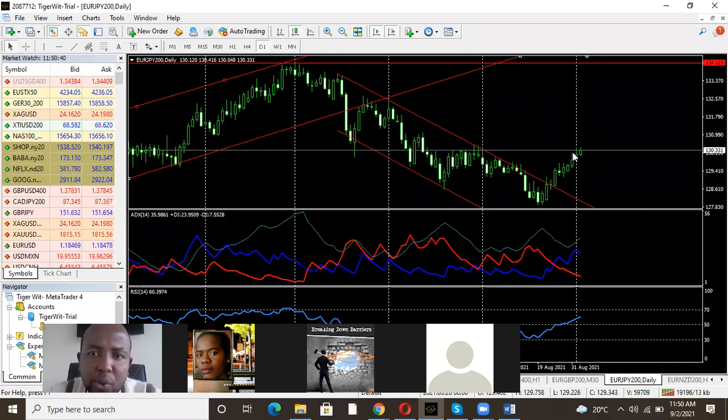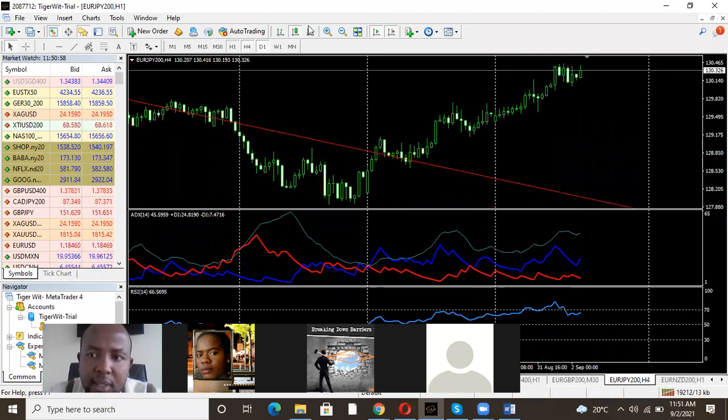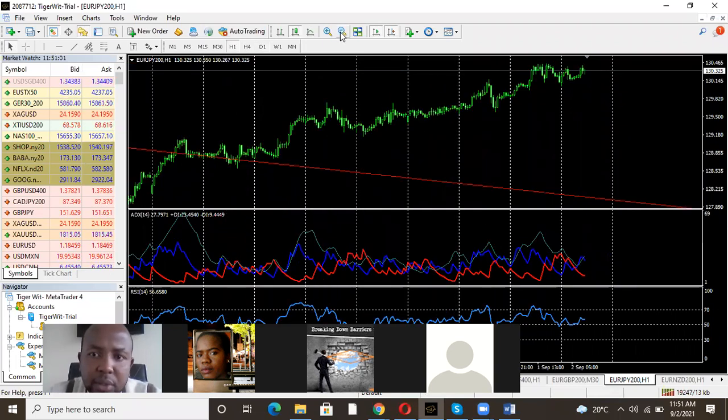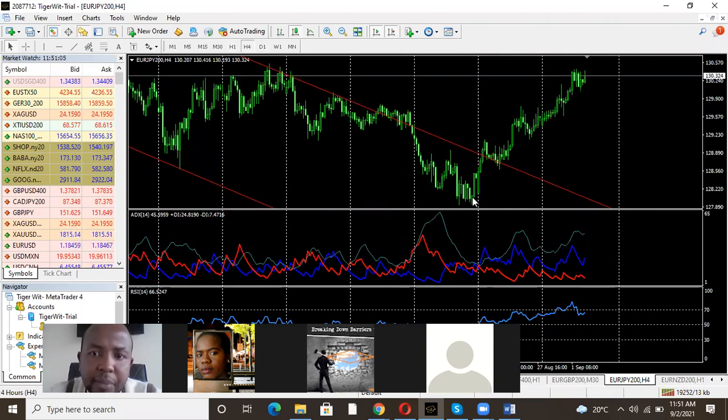So let me go back so that I'll also show you with the same euro yen, but now I'm going to use the weekly chart or daily chart or 4-hour chart or 1-hour chart. Let's see where there are more candles. So I'll zoom out. I think I'll use the 4-hour and the daily. Yeah, this is better because I can see the candles here. I'll help you understand the psychological aspect of what these candles are all about, in the next few minutes.